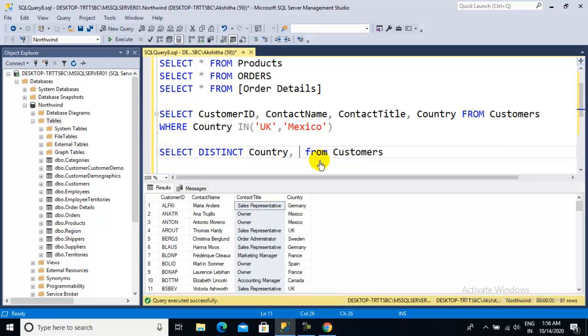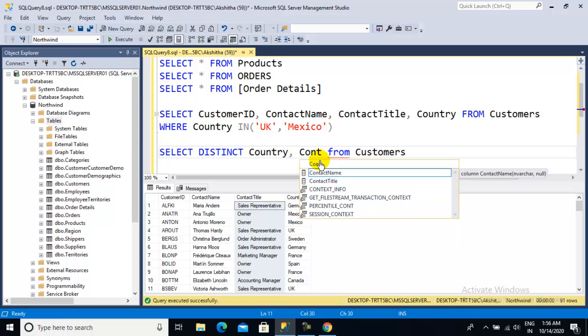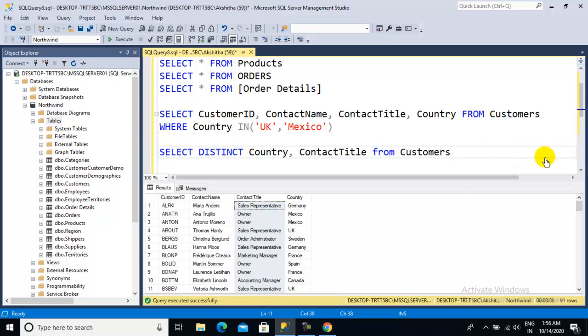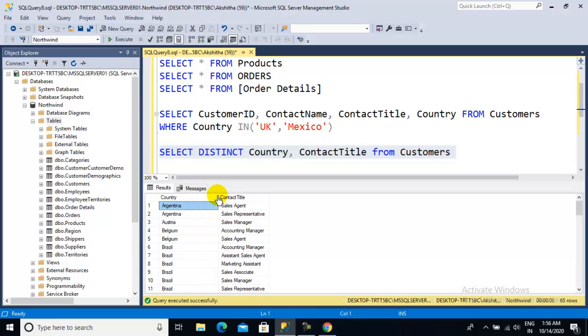So when you run this query, see, it will filter based on the country as well as contact title.